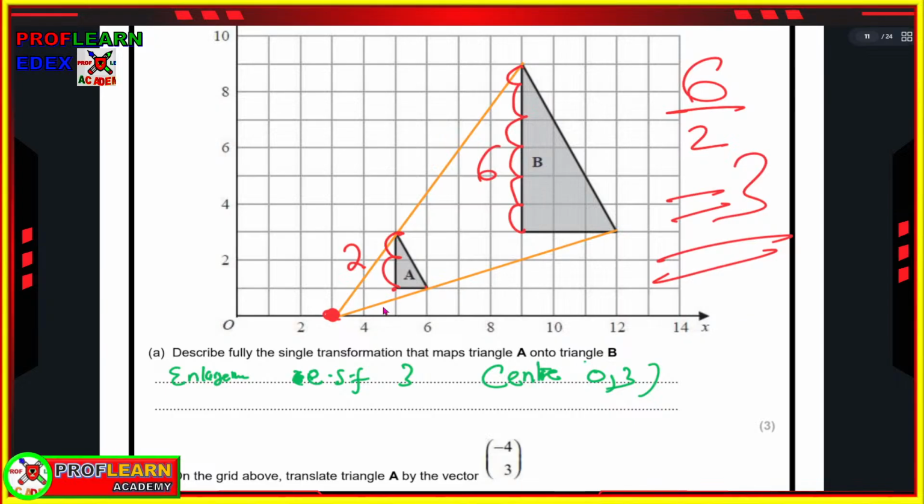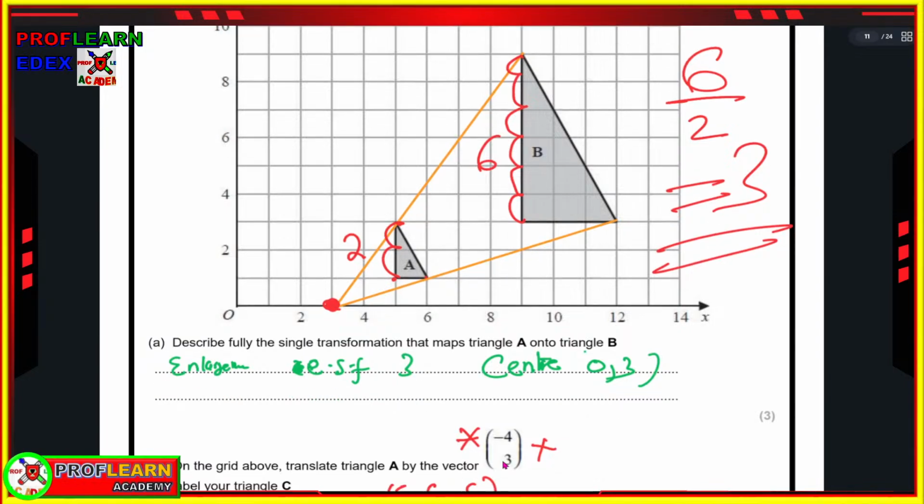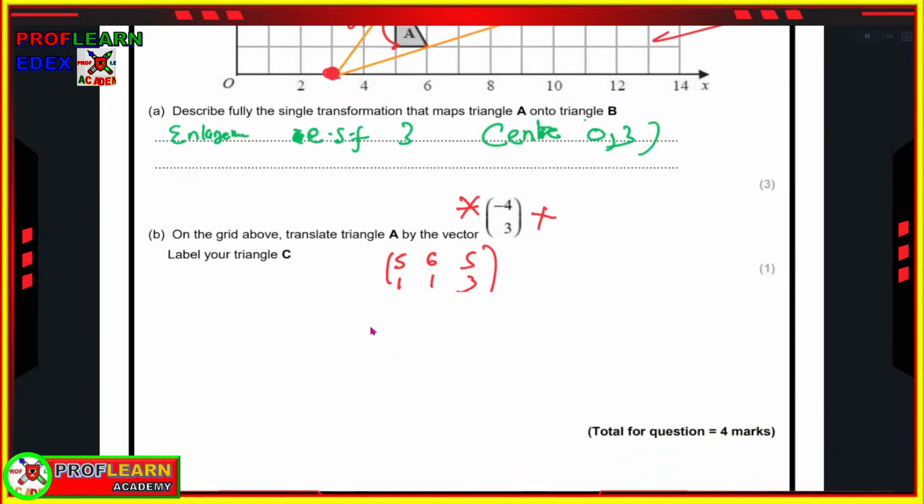And this one is 5, 3. So to each of them, you are going to add this column vector so that you can get the new image. If you want the image for 5, 1, 6, 1 and 5, 3, you just take 5, 1 plus